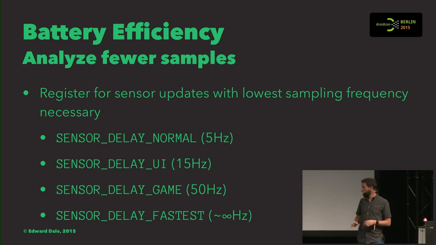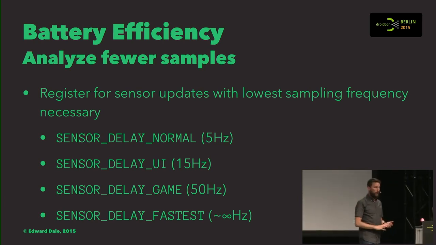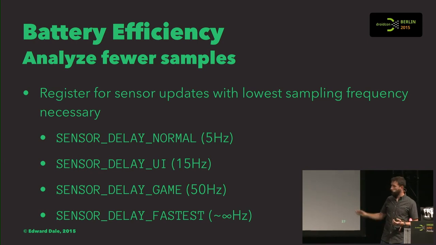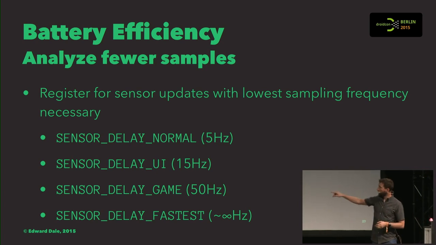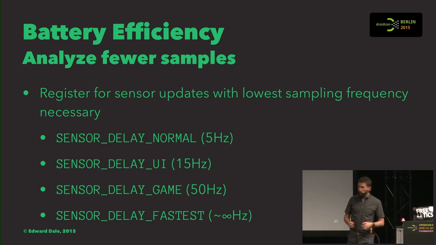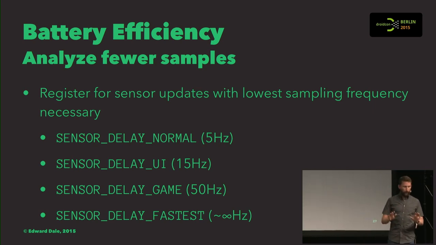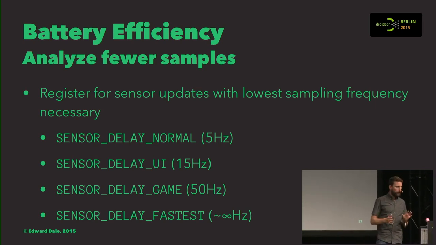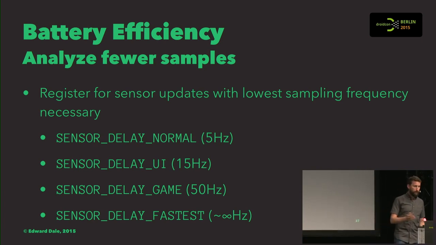And you can say, either as much data as you can give me, or maybe not as much. So all of those graphs were done with fastest. I also tested the same thing with game and UI delay, and for push-ups it worked. Who knows if maybe for sit-ups it would not be enough. So it's another kind of tuning value. If somebody's doing really slow push-ups, maybe you need really high resolution to get that, or the other way around. In any case,